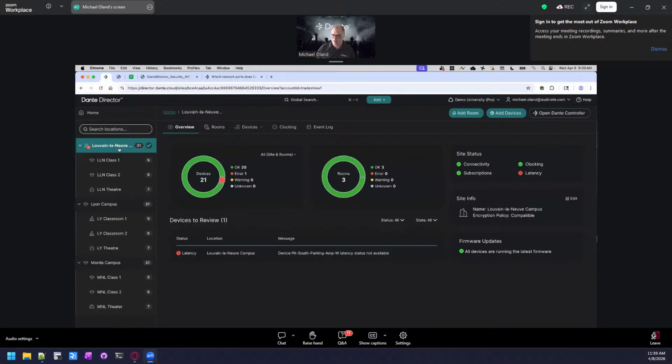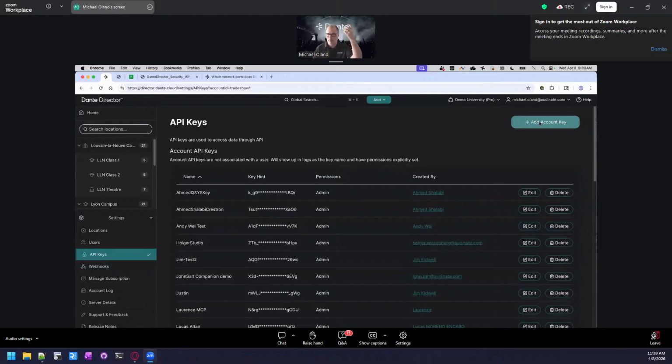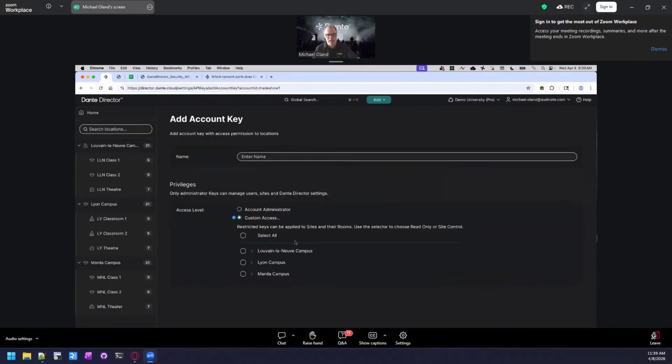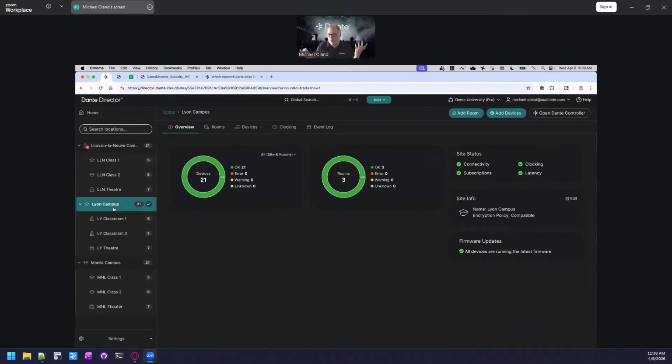If you have something like BitFocus, or I know a couple of people have asked about other products, how they can call in, you can absolutely do that. We have an API, so it's just a matter of coming in and adding an account key, telling it what it has access to and what it can do, and then you can use that in a third-party system. I'm a programmer at heart, have been for 20 some years, so I built some programs that actually wrap around it, but I know we have some, and Jim, you mentioned some of the third-party integrations that are available. But if you are working with another product, that would be the integration hook that you could use.